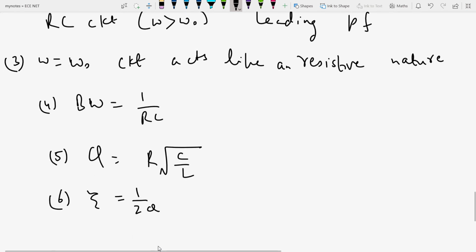So that means impedance of parallel resonant circuit is maximum at the resonance. In case of series it was minimum. In case of parallel it is maximum. Now current is minimum. So Z input is equal to R at omega equal to omega naught, which is the maximum